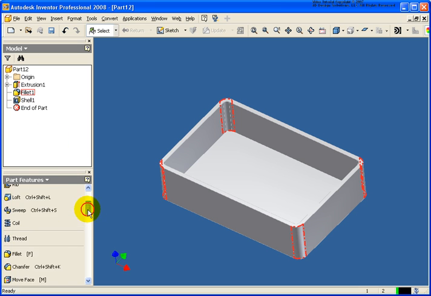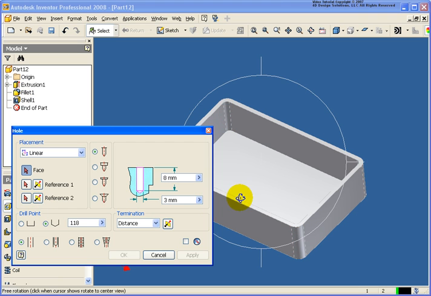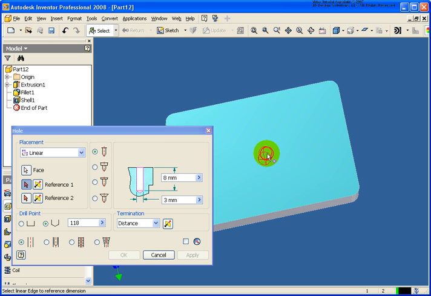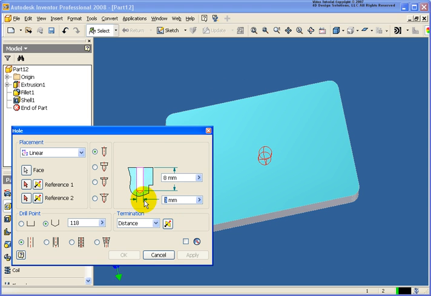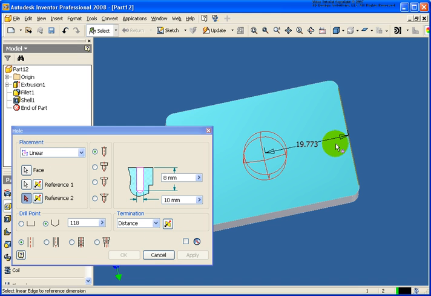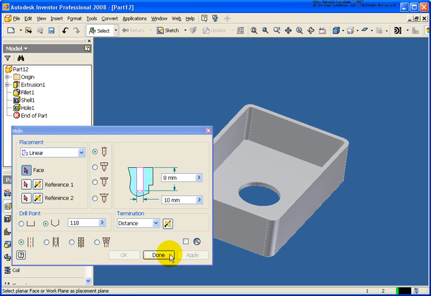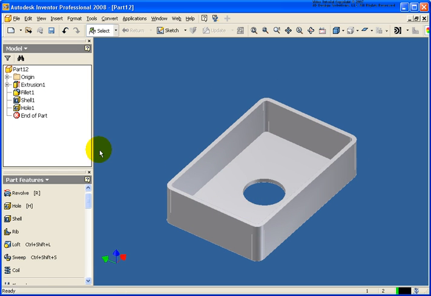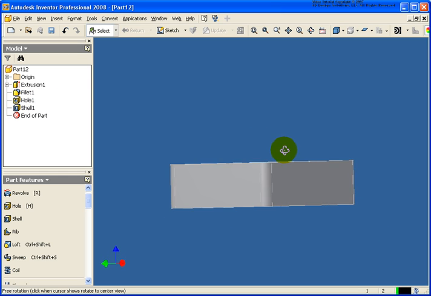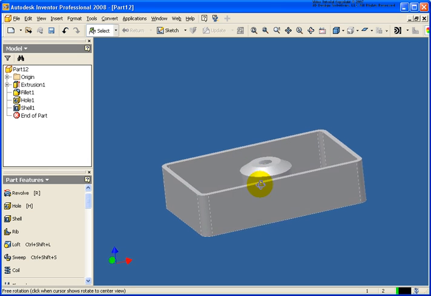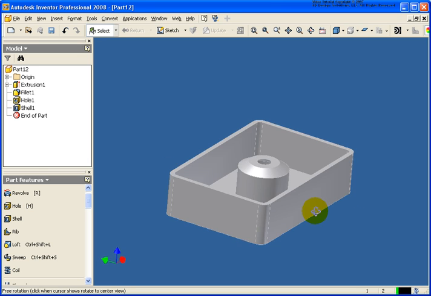So let's do one more. I'm going to go back. In this case, I'm going to place in a hole. I'm going to spin this to the bottom, and I'm just going to pick a point. Let's make it fairly large. Let's make it 10 so we can see it. And we'll just come back off these outside edges, the default value. So we definitely have a hole right in the middle of our part. So again, now if I grab that hole and pull it above the shell, you see that I get an entirely different result based on what I've done with the operation here. So again, if I just pull that back,